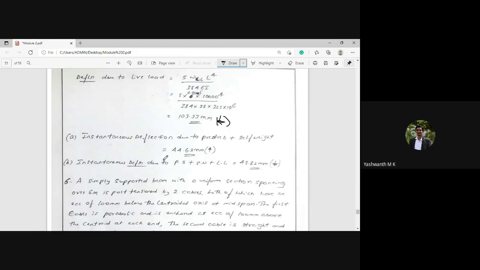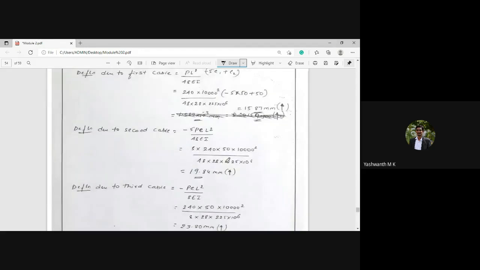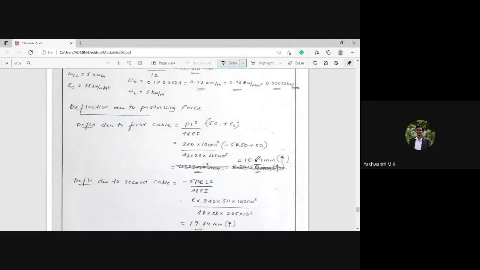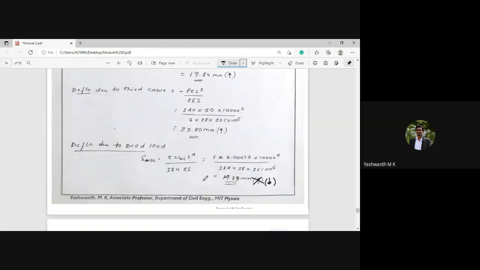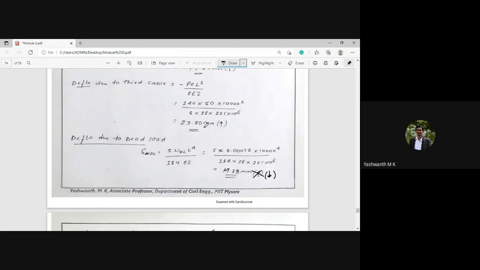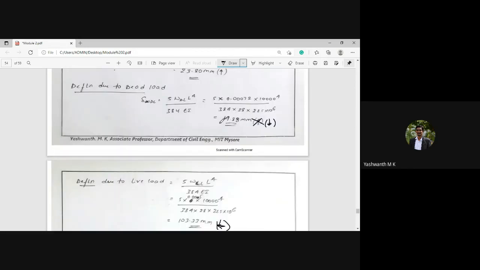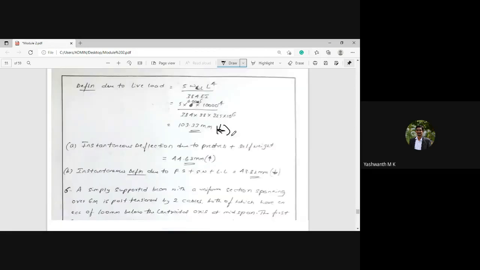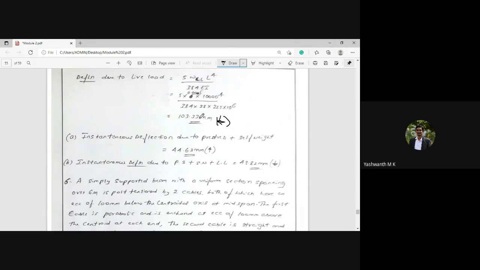Next, instantaneous deflection due to pre-stress plus self-weight plus live load. So once again, same: minus 15.87 minus 19.84 minus 23.80 plus 14.88 plus 103.3. Here you will get a positive value, that is 43.82 millimeter, which is acting downward, because